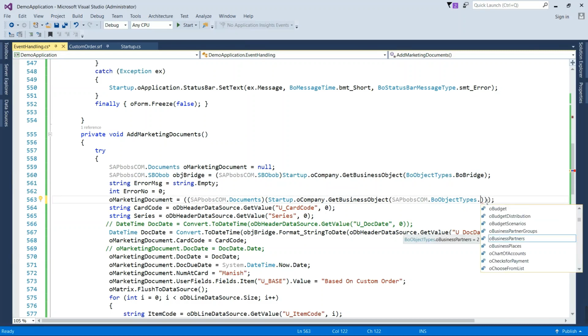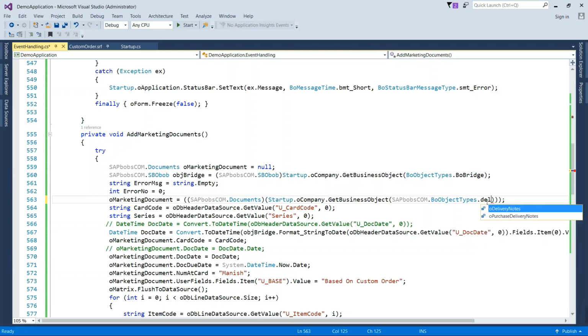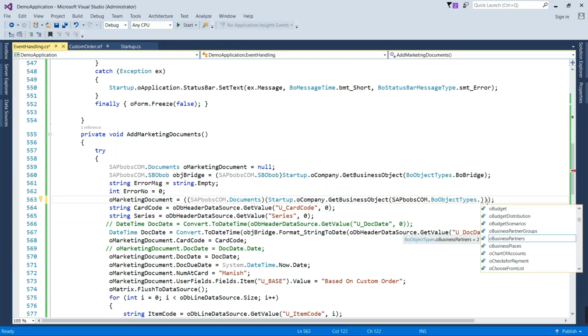Through this BO object type, you can create a delivery note, for example here purchase delivery note, sorry, GRPO, and similarly you can create an invoice.